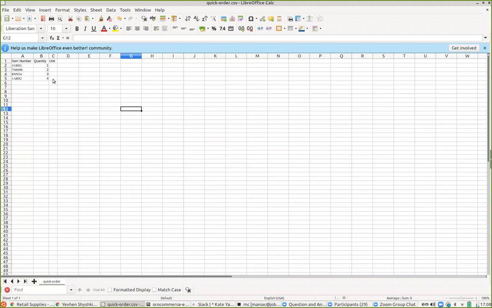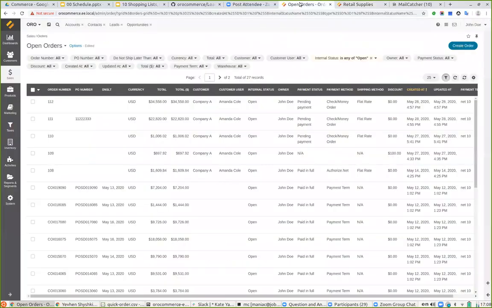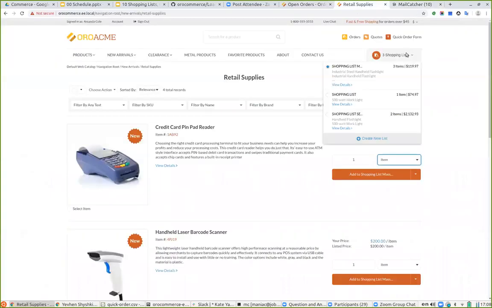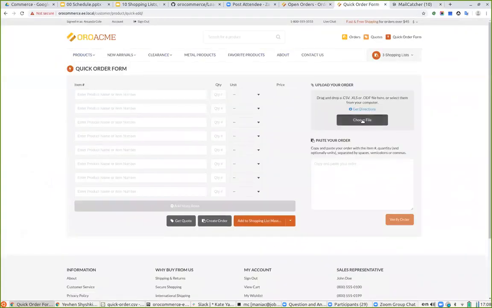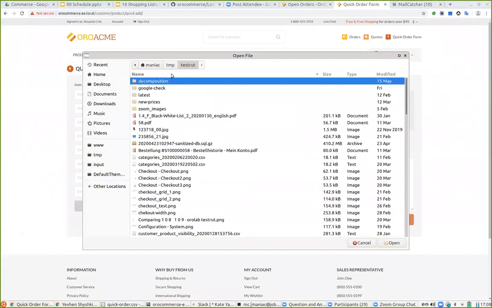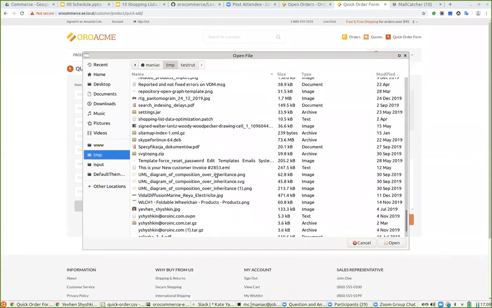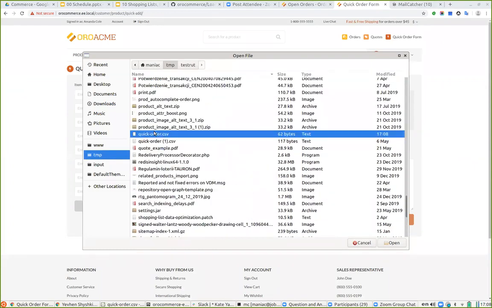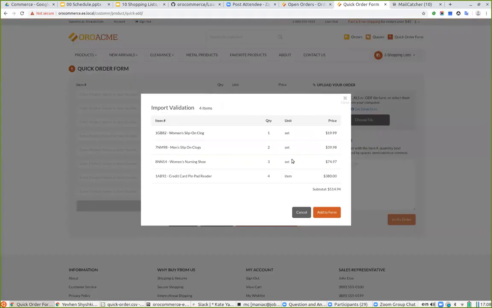Now this one will be added as item, not set. Let us try and import this information to Oro. Quick order form, import, choose file, and let me find my file. Quick order, this one. Okay, so here we can see the import validation pop-up, where we can see